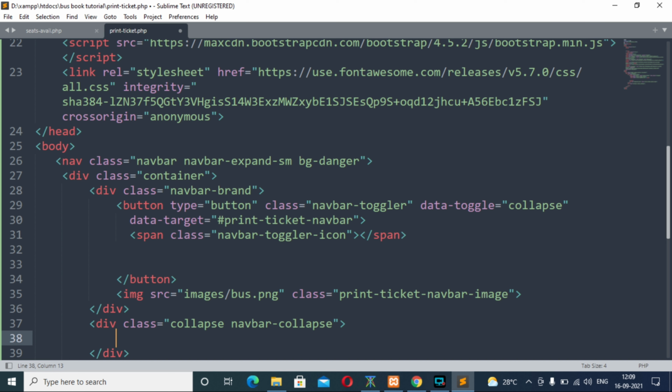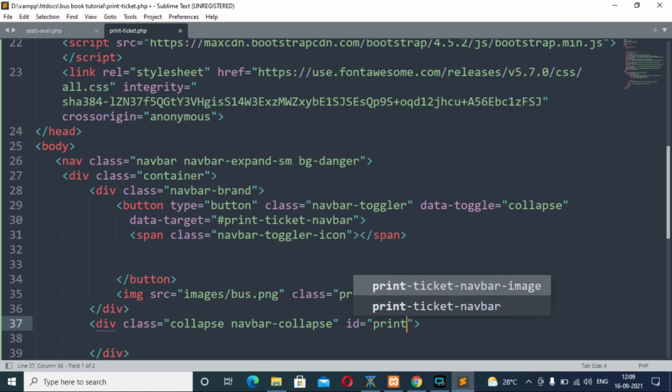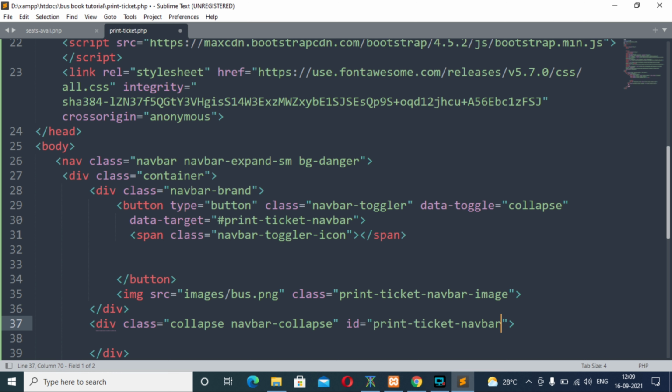And here the id will be whatever value we have given inside the data-target attribute of the button tag. That is print ticket navbar. Now inside this div tag we will have a ul tag